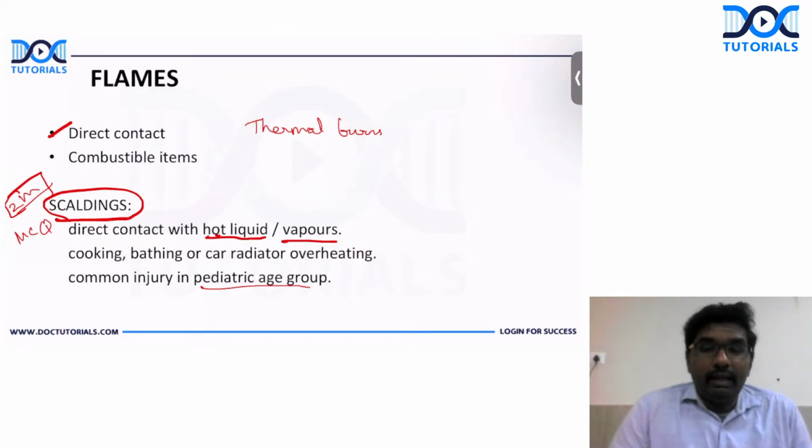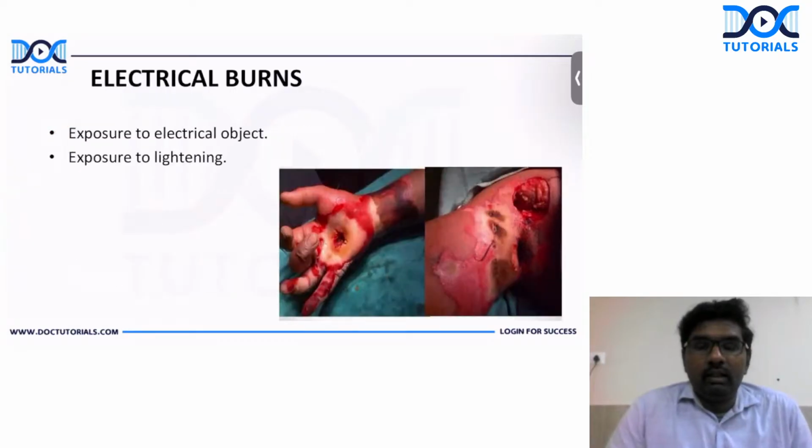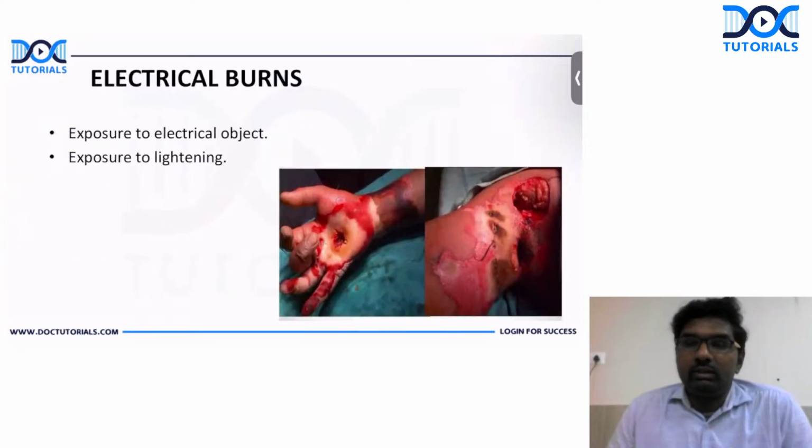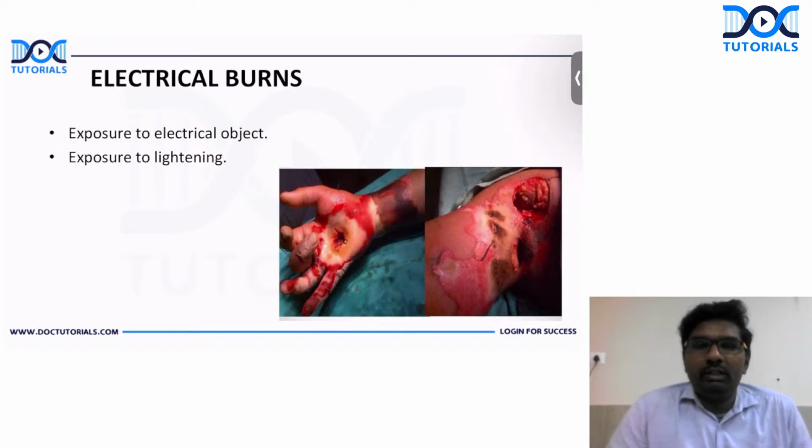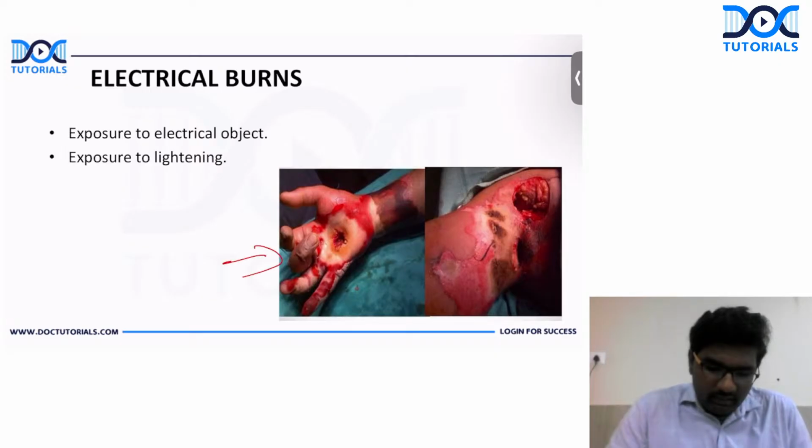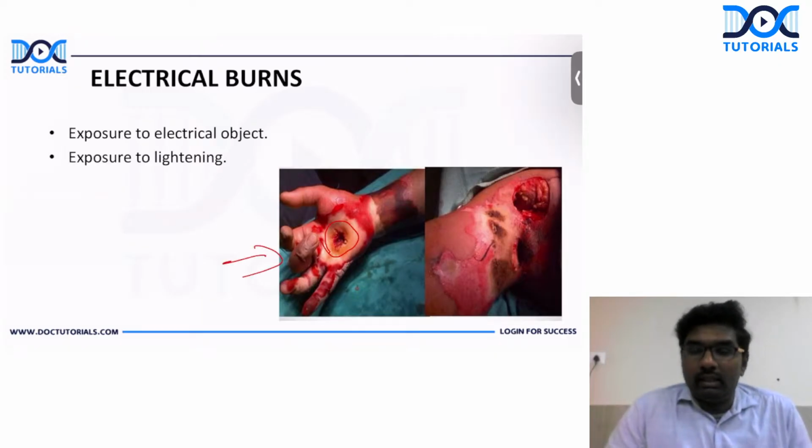So next, coming to the electrical burns. Electrical burns can occur on exposure to any electrical object, and this can also occur on exposure to lightning. Here you can see the clinical images. When a person touches or holds a live electrical wire, he can get an entry wound here. The electricity penetrates into the body, and this will cause an entry wound. And of course, there will also be an exit wound through which the current passes into a neutral object like